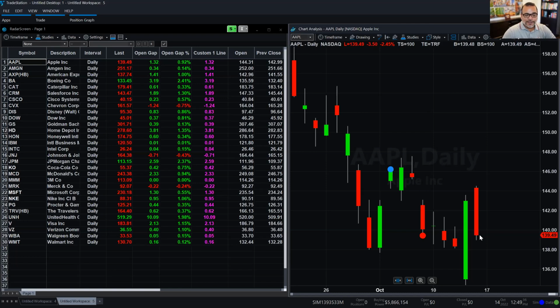They're just measuring the distance between the opening price of the bar and the closing of the prior bar. So for Apple, that's $1.32, because this bar opened at 144.31 and the previous one closed at 142.99, and that's a $1.32 difference. However, we are able to sort by these values, especially by percentage, and notice which one is the one that